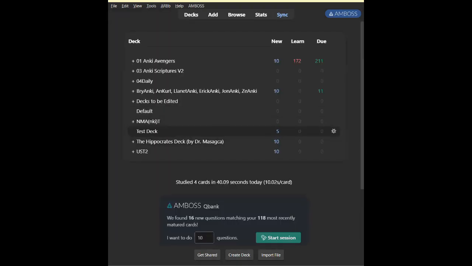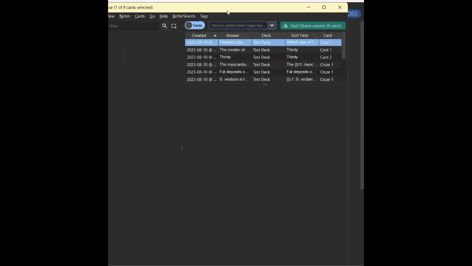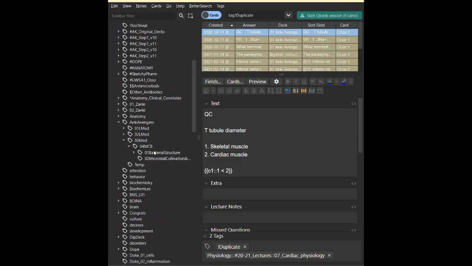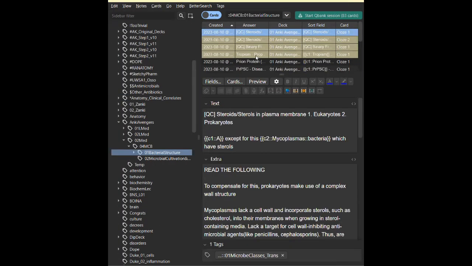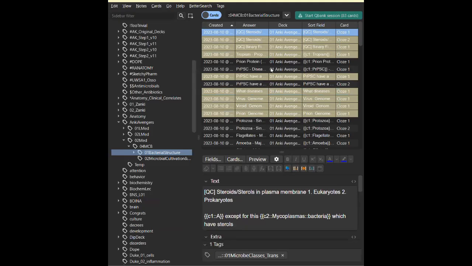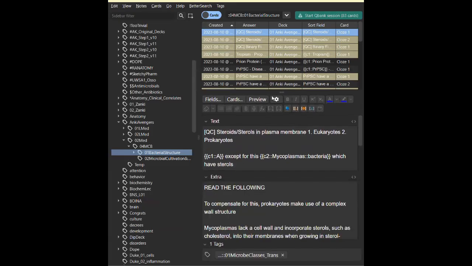Now, let's look at some examples of cards that you will encounter throughout your Anki journey here in the Anki Avengers. I have made a guide of certain types of cards that you might discover or that we will be making, now that I've given you the basics on how to make a card and how to use the card in general.